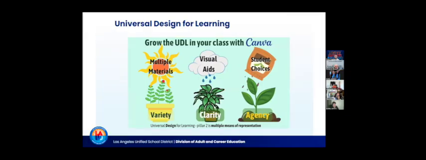So we keep mentioning UDL, Universal Design for Learning. And this is an old slide we've been using. Grow the UDL in your class with Canva. So Universal Design for Learning is basically the idea that you can make slight tweaks to curriculum, or in real life, there's a curb cutout that was made specifically for wheelchair accessibility. But guess what? Curb cutouts are wonderful for everyone, for bicyclists like me,